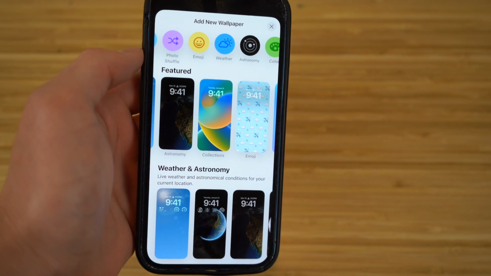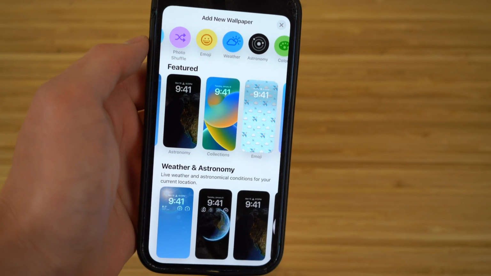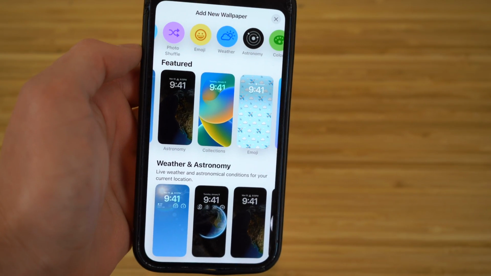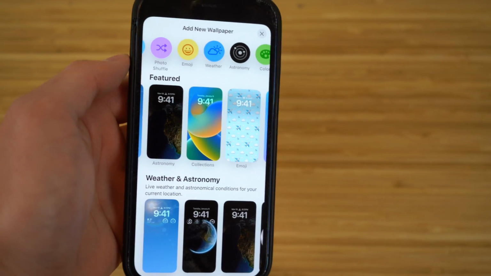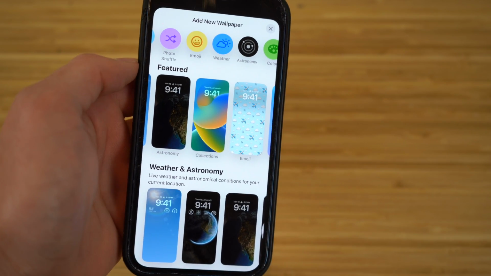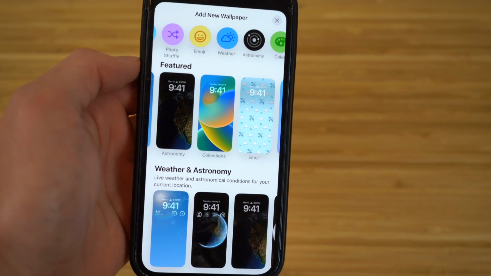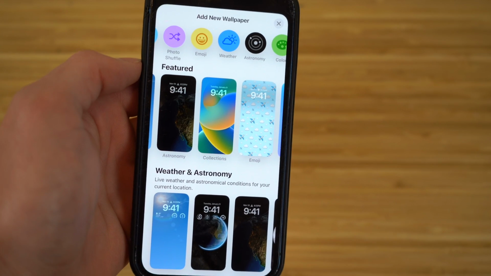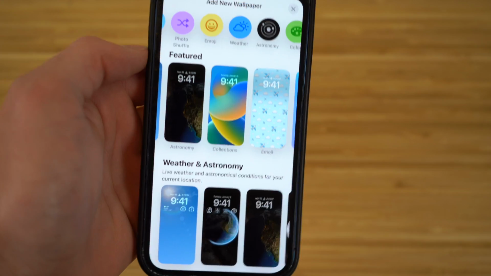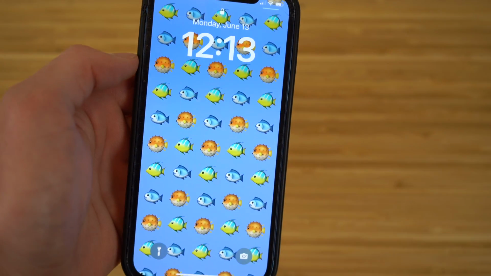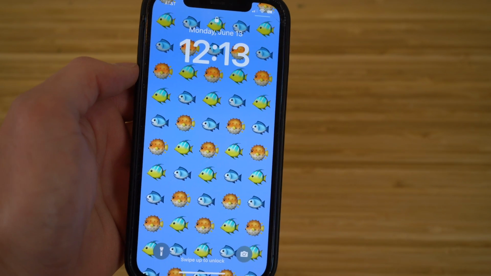Enjoy. When adding new wallpapers to your iOS 16 iPhone, you guys can actually do a photo shuffle as well, and clicking this is going to allow you to choose multiple photos you want to be shown on your wallpaper. Then throughout the day, these photos are going to shift depending on what time of day it is, and it'll show all those photos that you added onto your lock screen, and it'll just continue to change throughout the day as you use your phone. I think this is a super cool way to integrate your photos with your wallpaper, so definitely check that out when you guys get the chance. I think it's super cool, and that's another great feature you guys can use with the wallpaper on iOS 16